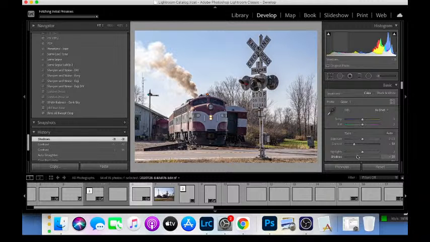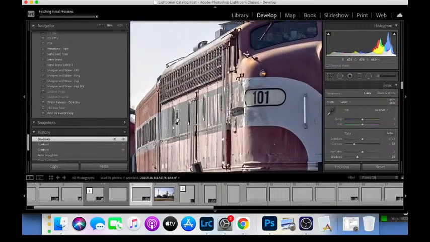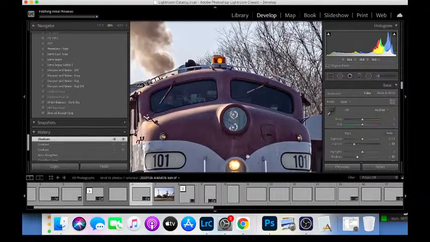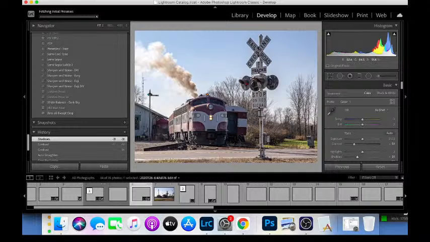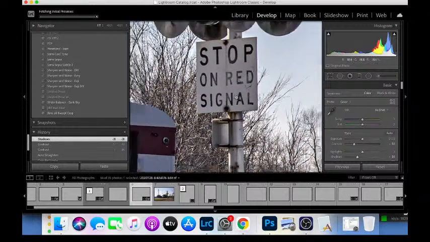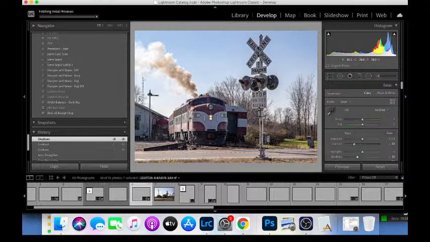That looks pretty good. I think you got the highlight on the side, but you can still see everything else in the detail. And you got the crossing gate there. I think that really looks cool because I love how that looks. It's pretty old fashioned. You don't see that that much anymore. And with the older diesel there,